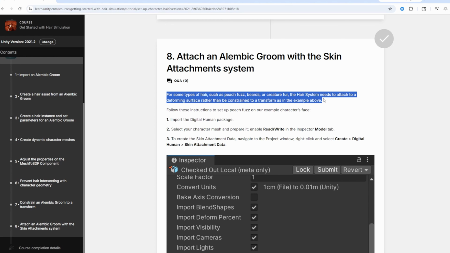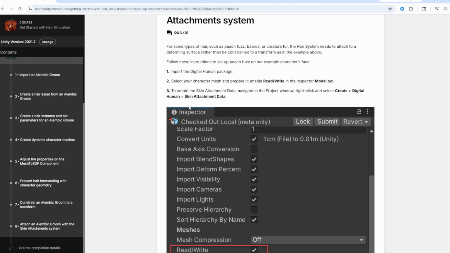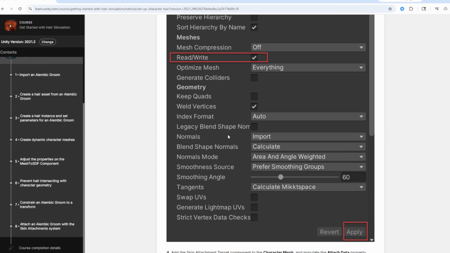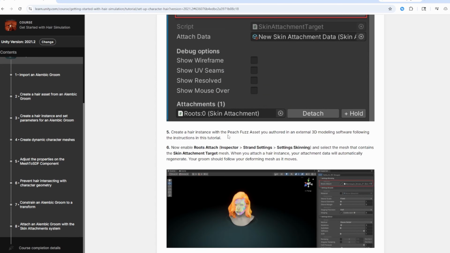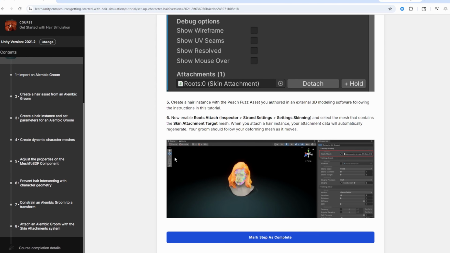So this is the part where we add a skin attachment system, and this is what makes the hair move with the model, which is what we're going to do right now. And like I said before, if anything doesn't work for you because maybe I forgot to add it in the video, you could always go into this website and see if it works for you and find something that I missed. So let's go back to Unity and let's add